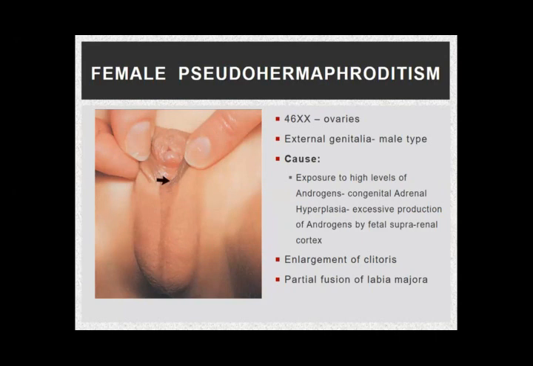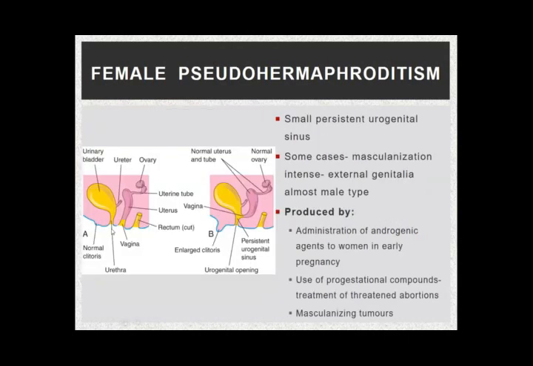What happens? This is the normal. We have a urinary bladder and a urethra opening into the vestibule. This is the uterus and the vagina, and this is the rectum and then the anal canal. But in these cases, female hermaphroditism, there is a small persistent urogenital sinus. You know normally the urogenital sinus disappears because it is divided into three parts and all these parts develop into some structure or the other. But in this case, there's a small persistent urogenital sinus. Look,